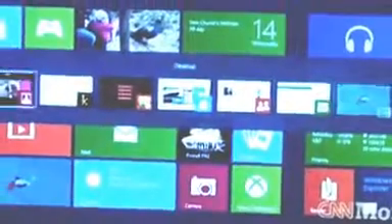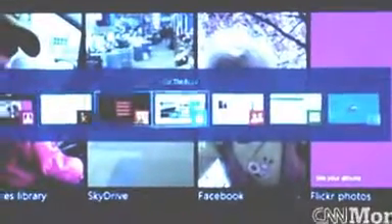It looks fantastic. It's very, very speedy. Even running on this 5-year-old laptop, Windows 8 is faster than my Windows 7 PC, which is a brand new device. It's really different than anything that you've